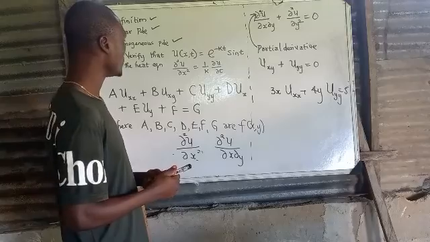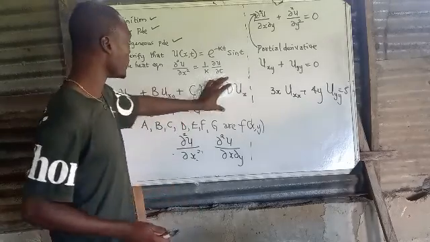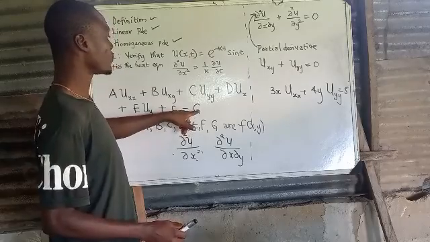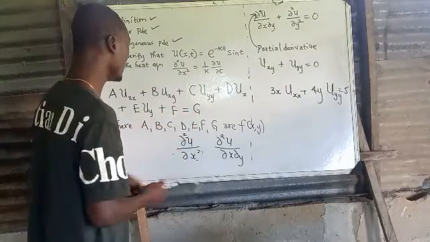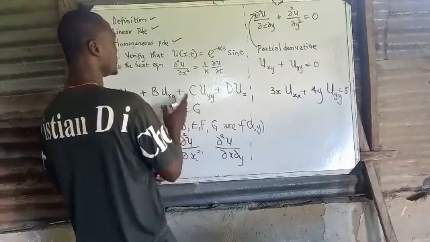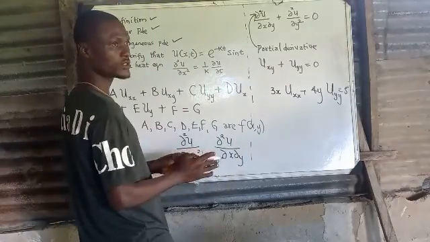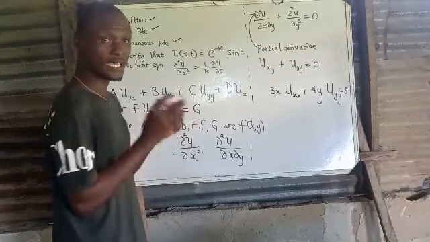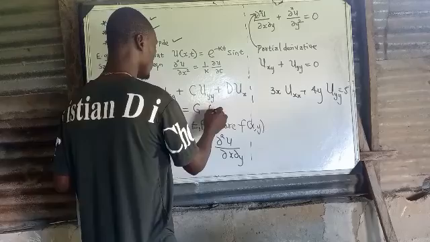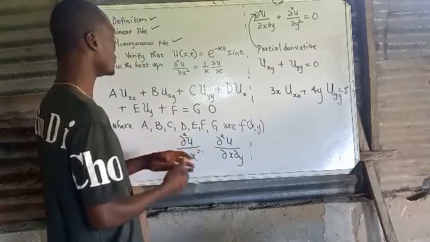Homogeneous. Now, look at the general form. If G is equal to 0, what I mean by that is, if the right hand side of a partial differential equation is 0, if everything on the right hand side is 0, then